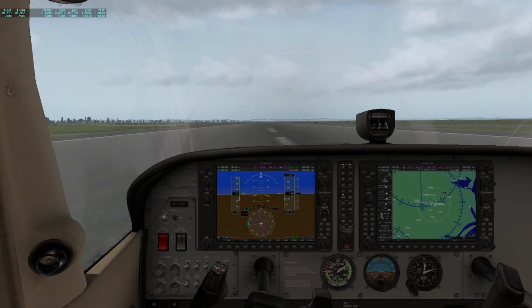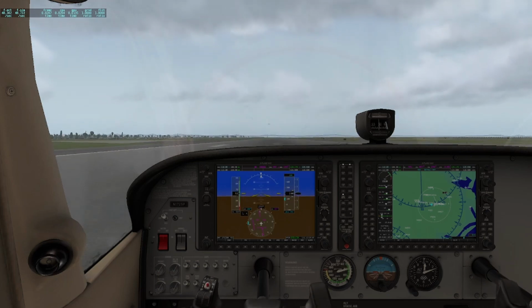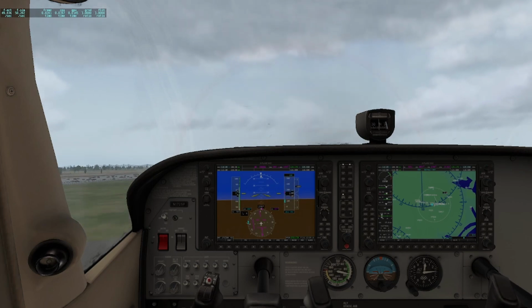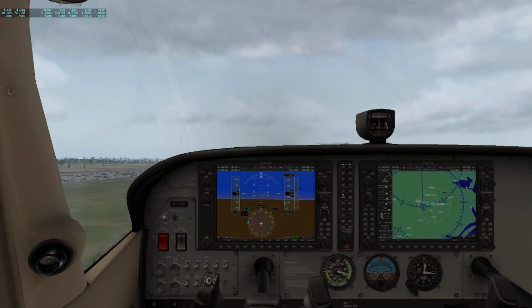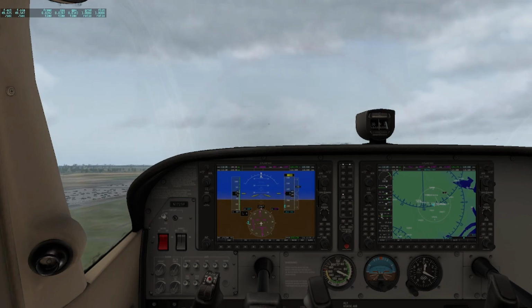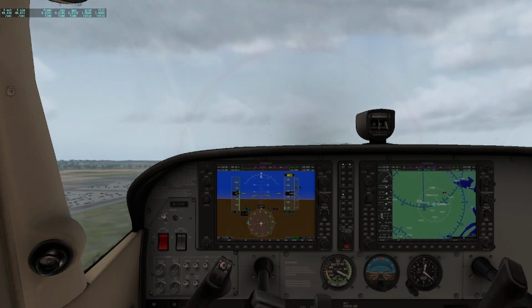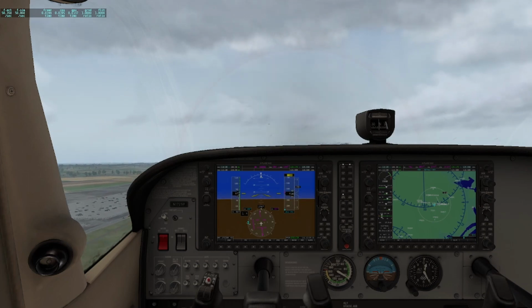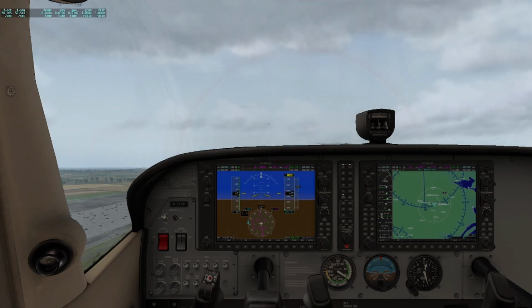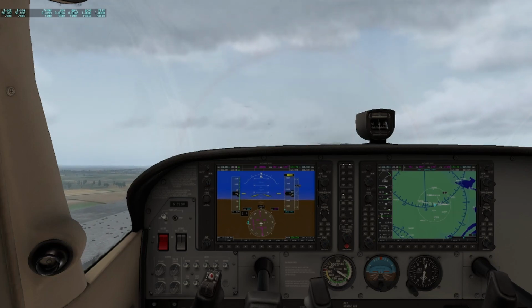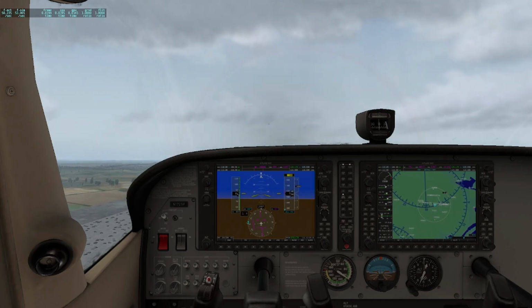Now we're going to fly another circuit, but this is going to be the last circuit of the day, and I'm going to show you a full stop landing. It's not much different, but when you're doing a full stop landing, you then have to vacate the runway afterwards. It's just like landing an IFR aircraft. So once you have landed, you will need to vacate. So in Dublin we have the Sierras, and then the one Echo, but that's for 10, right? So we're not going to have to worry about the Echo, we're only going to have to worry about